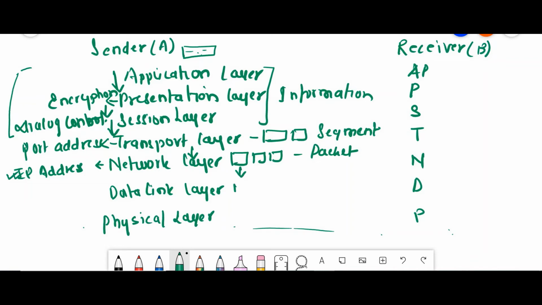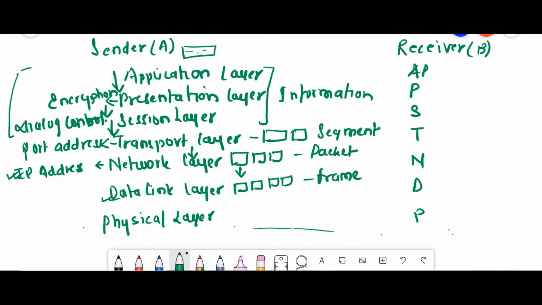In the data link layer, the packet is further broken into smaller chunks called frames. The main function of the data link layer is error detection and correction. We detect the error in the data link layer. Other functions can be access control, flow control, media access control, and framing. All these access control videos I have already uploaded, you can check there. This is one of the important topics, so let me write only one functionality.